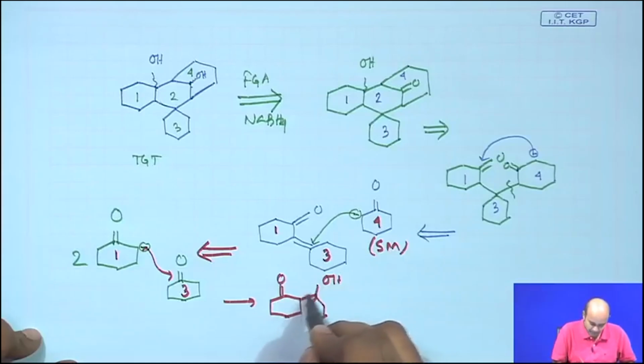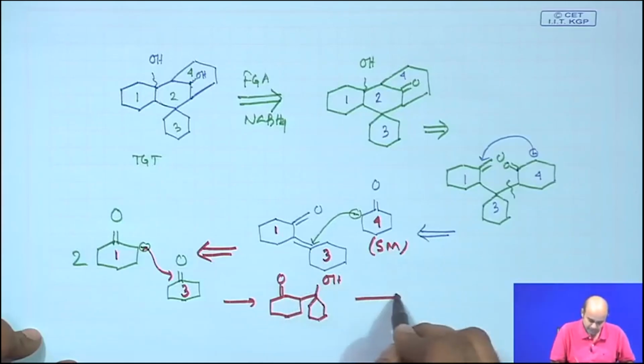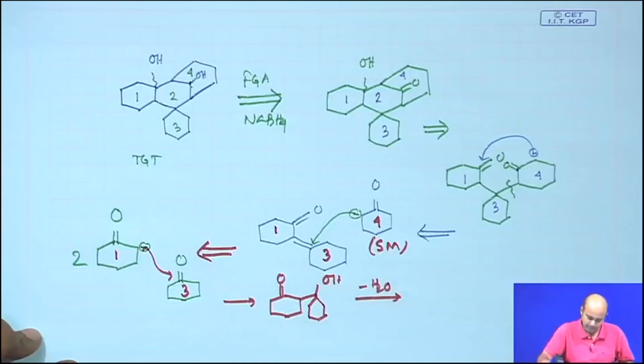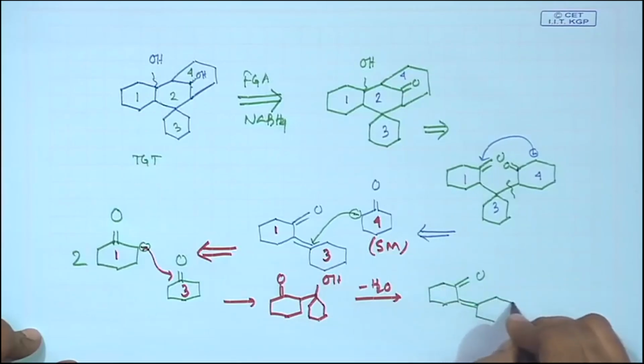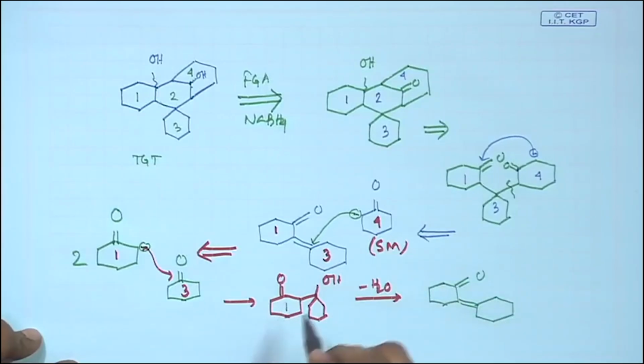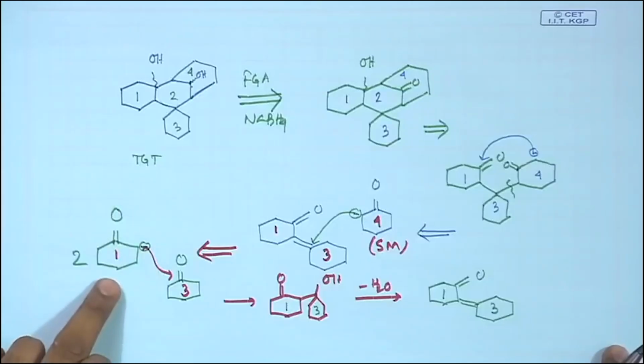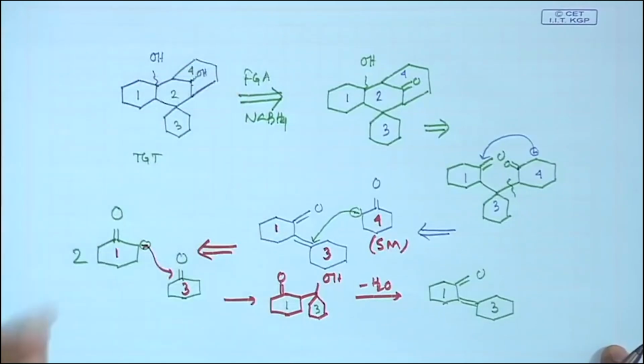Okay. Then you undergo simple elimination, simple water elimination will basically give you the Michael acceptor as it was drawn here. So, this is 1, this is 3, this is 1, this is 3. So, isn't it interesting? It is absolutely interesting. Starting from a very simplified starting material, cyclohexanone. So, 4 rings you are making or you are preparing through a common starting material which is very easily available,